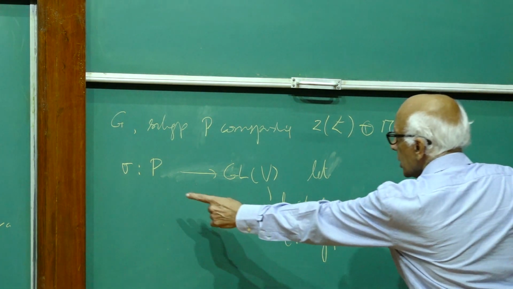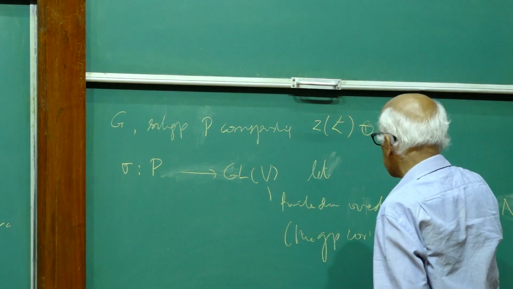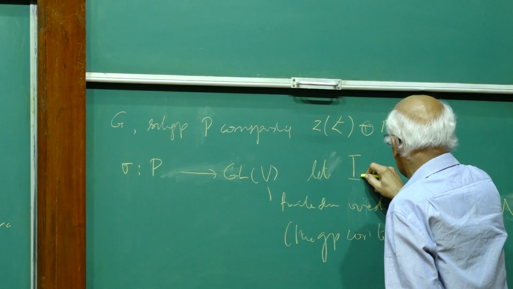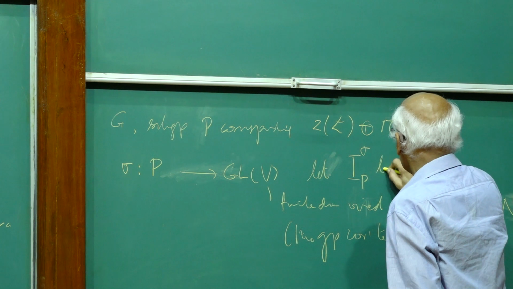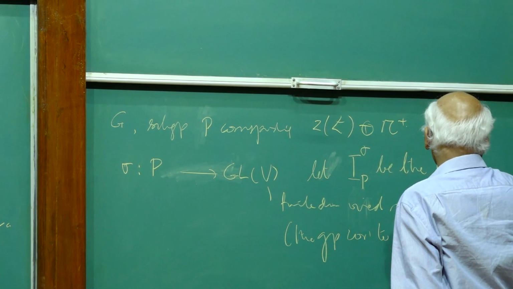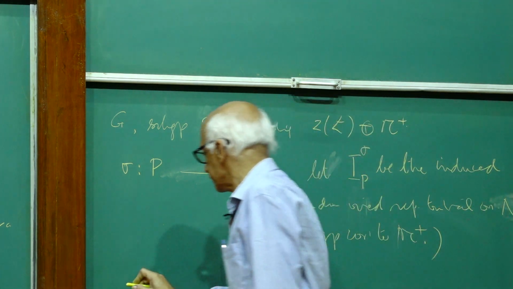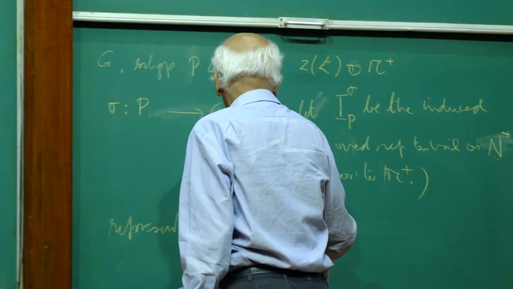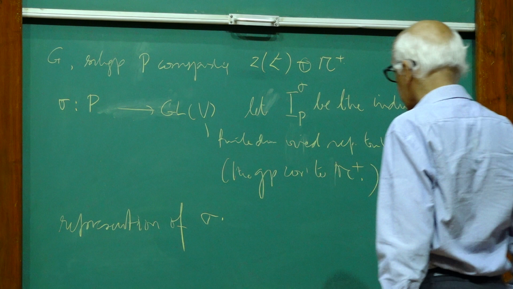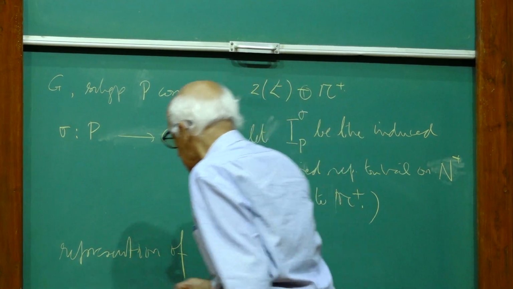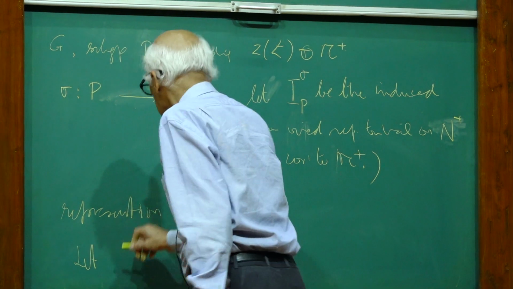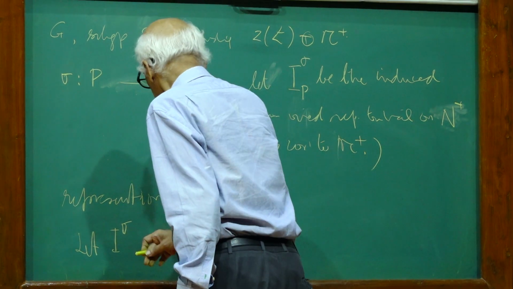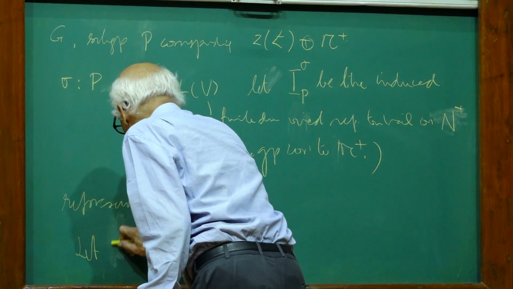So sigma on P will be a finite dimensional representation, and let I P sigma be the induced representation of sigma, and let I sigma, I don't know what I should call it, be the